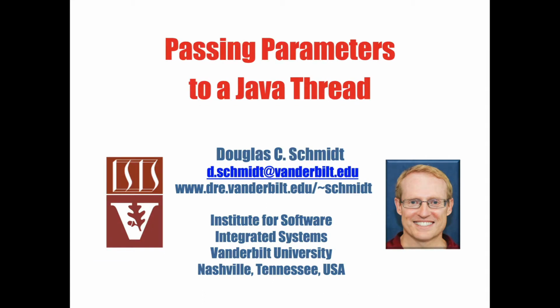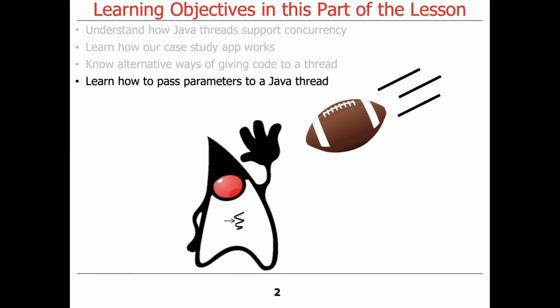So the next topic is how do we pass parameters to a Java thread? And this turns out to be surprisingly subtle at first. Actually, once you understand what's going on, it's not hard at all. But at first, you're probably going to scratch your head and go, how would you pass a parameter to a